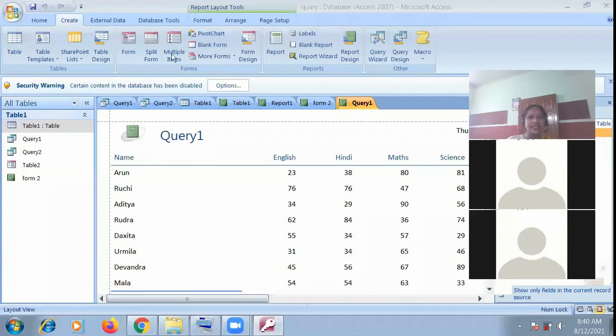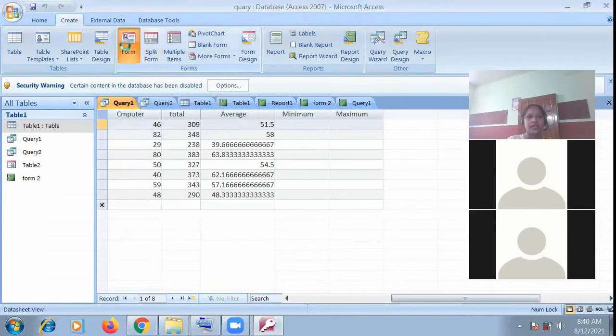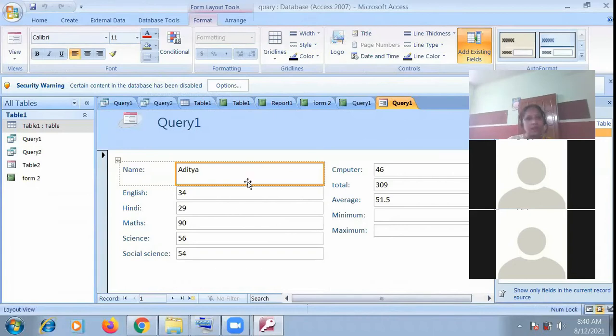So we cannot extract data when I create this report. This green color shows the report, and this yellow, red and white color shows form. So let's create a form also on the basis of query one. This time also I am not able to extract the data. I am getting the report of query one. This one is the symbol of form, and this one is the symbol of report. Form and report. Here, am I able to extract the data?